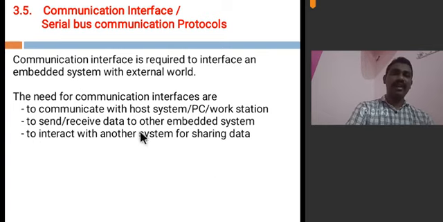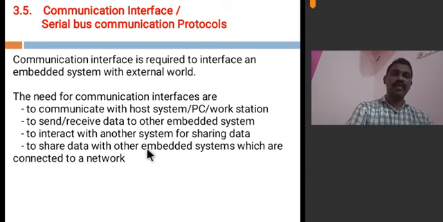Next, to interact with another system for sharing data. This is also the same thing. In order to share data, say you have data in your pen drive and you want to share that data with your computer. What will you do? You will connect to the USB. USB is a universal serial bus. That is a communication interface. In this way, you will interact with another system for sharing data.